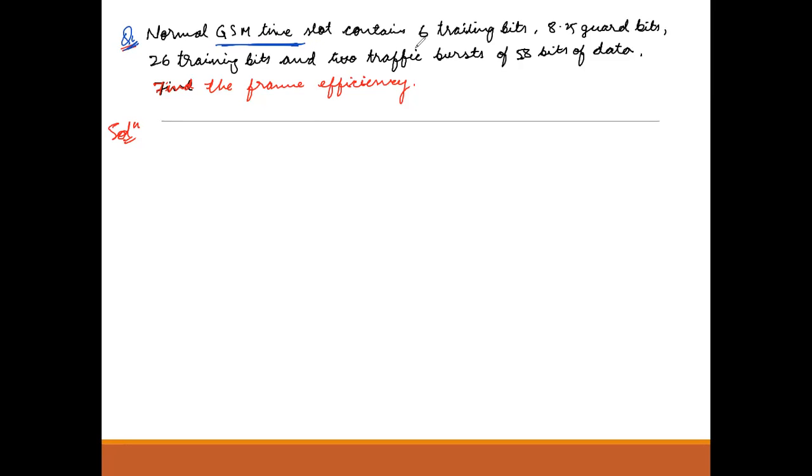So we can calculate the overhead bits and the total number of bits. Okay, so in one slot, the content is: 6 trail bits, 8.25 guard bits, 26 training bits, and 58 bits of data. Okay, so